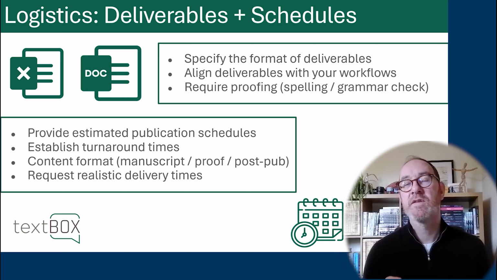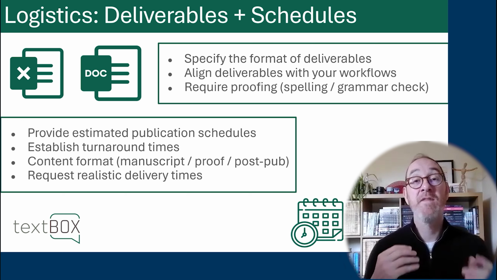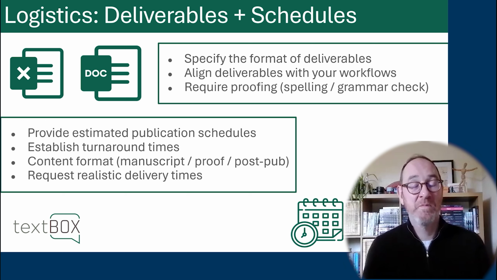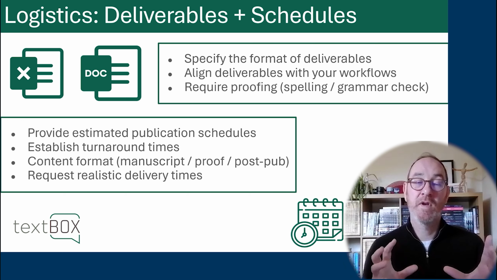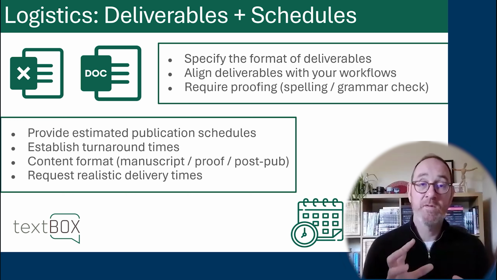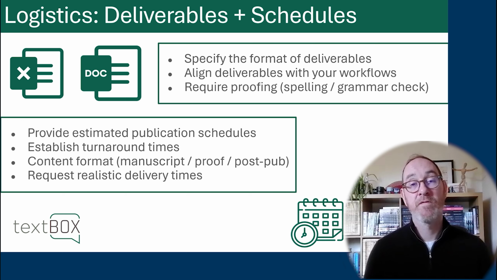By the way, with publication schedules, I completely understand that publications can shift, but if you can provide details of the schedule for publication in advance, 6 months in advance would be wonderful, but we understand if that's not possible. But it really helps with making sure that the schedule for the alt text fits with your publication program, so the alt text vendor has time to provide it for your deadlines. Again, establish turnaround times.